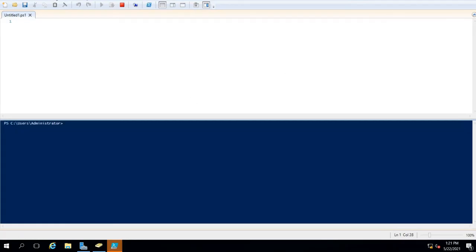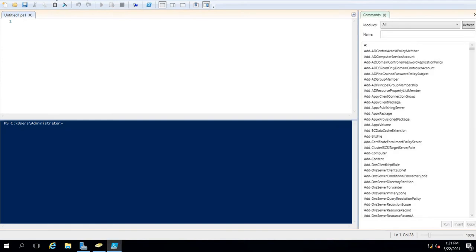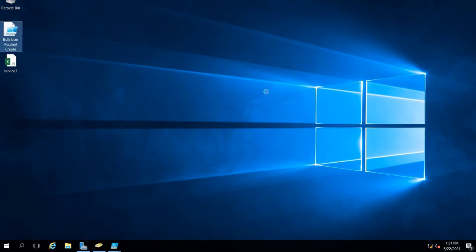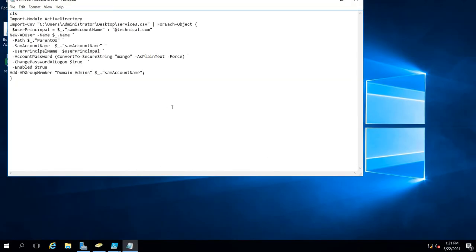You can see I have opened the ISE console, but before proceeding, I will show you the script for just a minute if you want to see. This is my general script. We can write the code in the PowerShell console also, but here I'm not going to write it because I already created my script earlier. It is a pre-built script and you can also use it for your requirement.